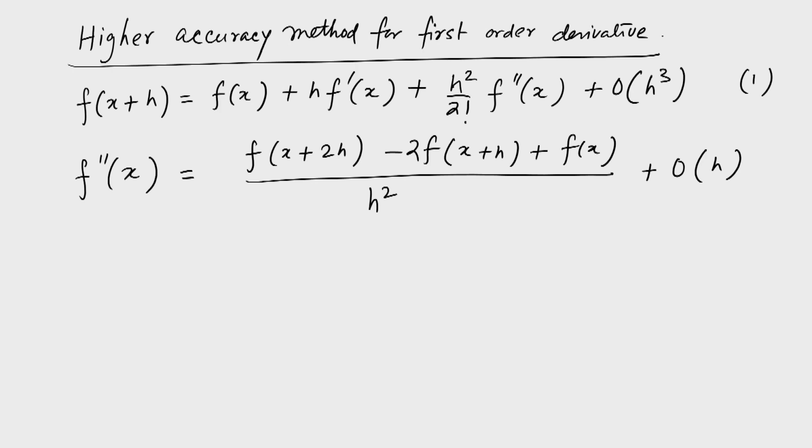In the previous definition we might have used points such as f of x plus h, x and x minus h. Here we have used 3 different points, x plus 2h, x plus h and x, but as I said, it does not make a difference. So, call this equation 2. If you put 2 in 1,